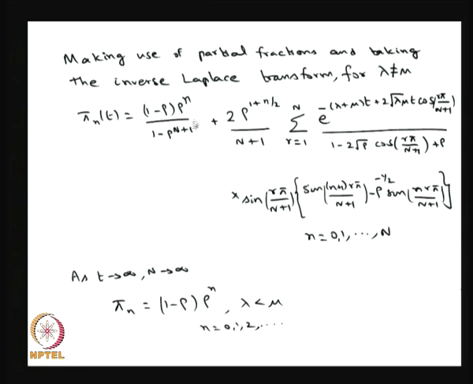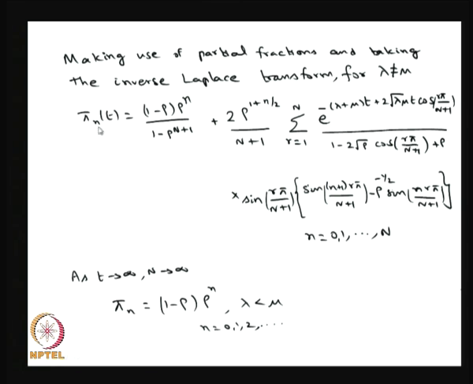It will give the terms which are independent of t, and that is related to the steady state probabilities, because if you put t tends to infinity, these quantities are greater than 0. So, as t tends to infinity, the whole terms will tend to 0. Therefore, as t tends to infinity, you will have pi n of t equal to this expression, and this is valid for rho less than 1. With the condition rho less than 1, those terms will tend to 0, and you will have only this term, and that is going to be the steady state or limiting probabilities